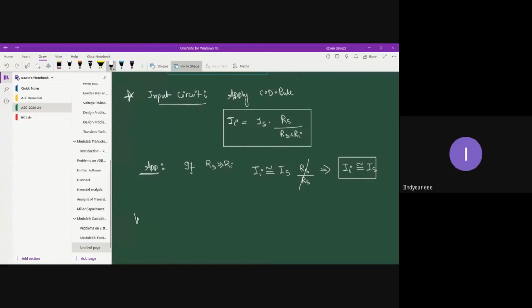Next, you can apply the network reduction rule in the output circuit. Let me write output circuit. In the output circuit you have a voltage source, hence let us apply the voltage division rule. So V0, let us write, V0 is equal to the source voltage